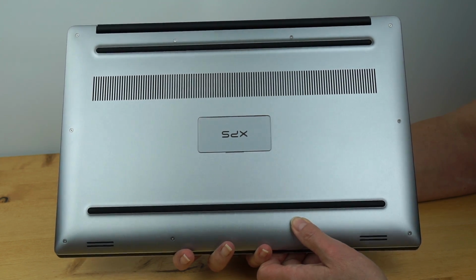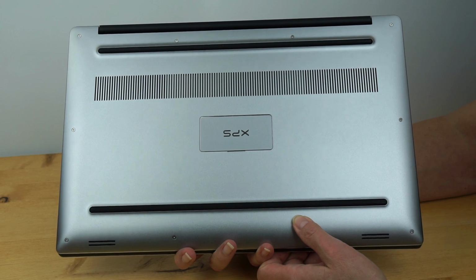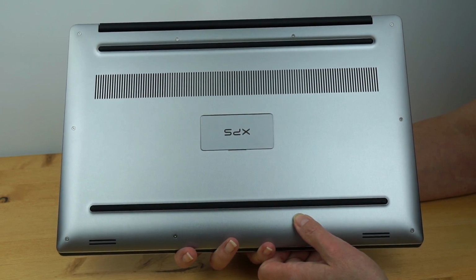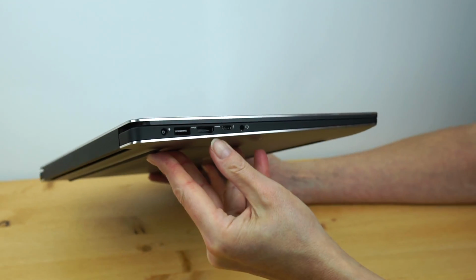But I took it off to the default, which is kind of like over-compressed, very bassy stuff, and put on music. It sounds a little bit better, so plenty of volume, not real pleasing audio quality there. Build overall is gorgeous. Let's take a look at the ports for a minute, because this is a cause of